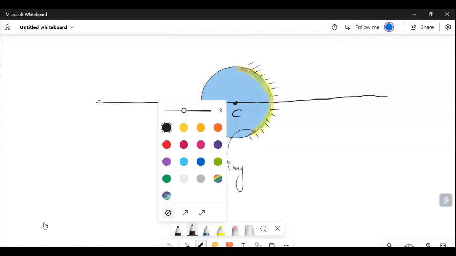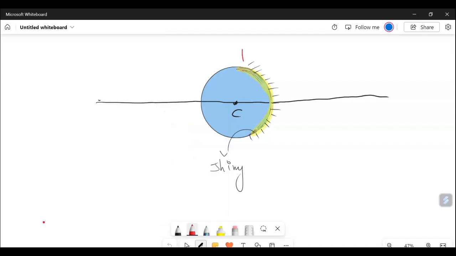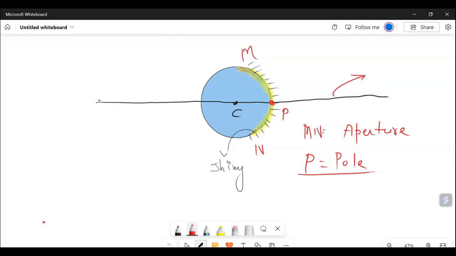Now what we need to do here, if I name this part MN, this MN is known as the aperture of the mirror, and this point P is the pole. This line I have drawn from the center of the spherical mirror is the principal axis. Very first you need to draw this also, the principal axis. All the sums are according to that principal axis. C is known as the center of curvature,